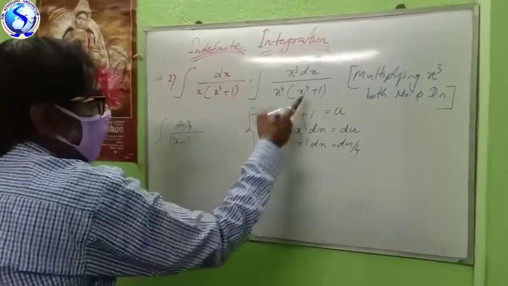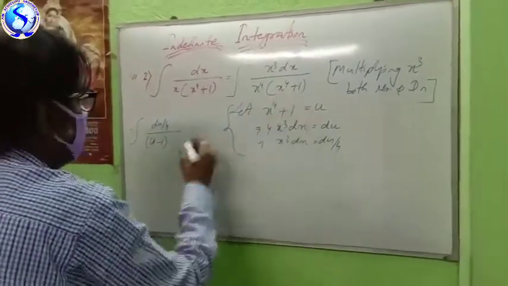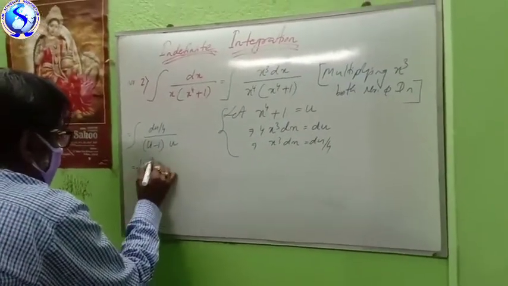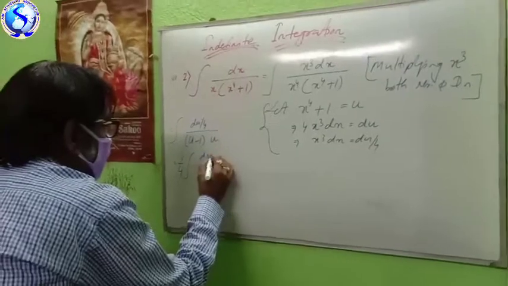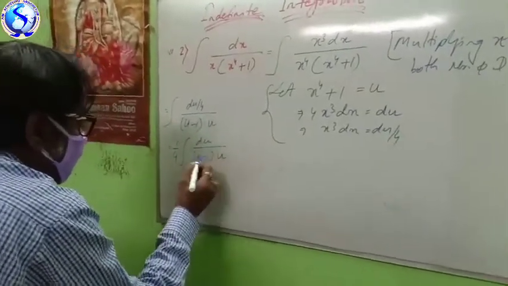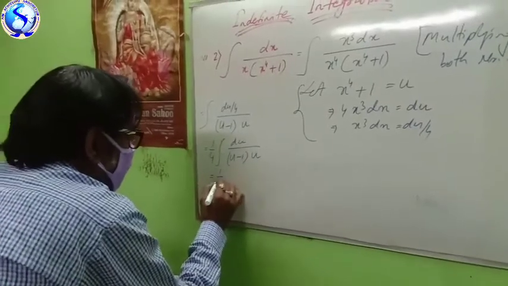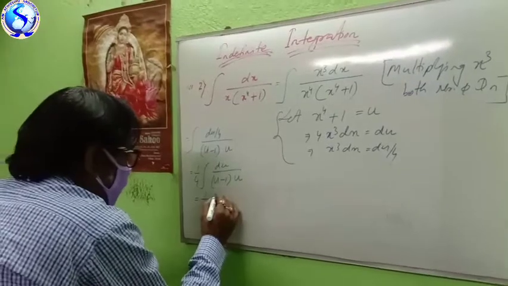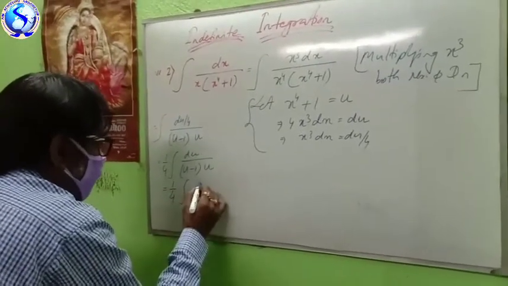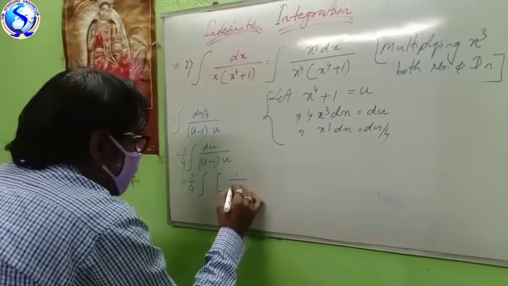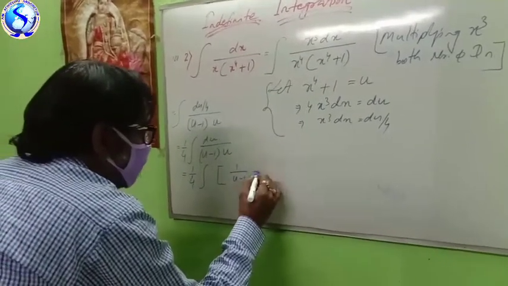Okay, and x to the power 4 plus 1 is how much? Just put here u. Now you take 1 by 4 outside, integration du by u minus 1 into u. Now you have to separate the single fraction into 2 like this. Just to see, integration sign in the bracket will give